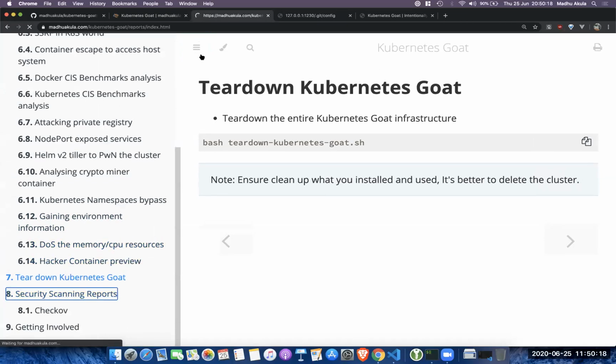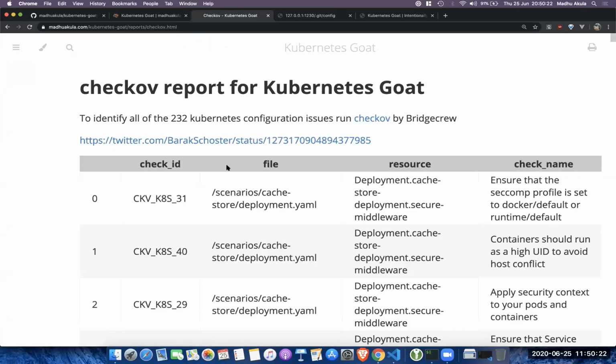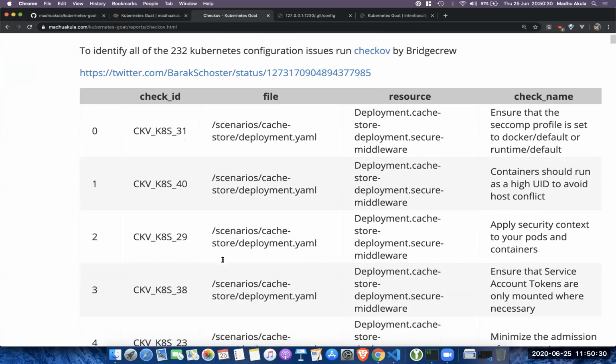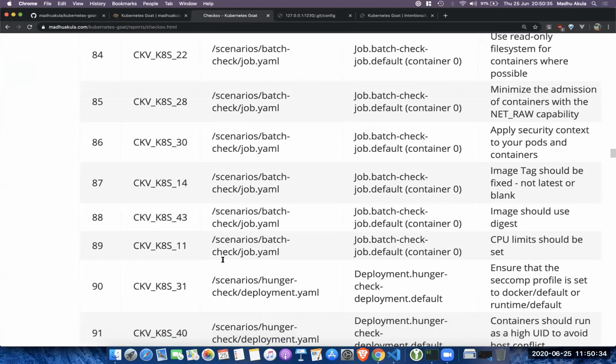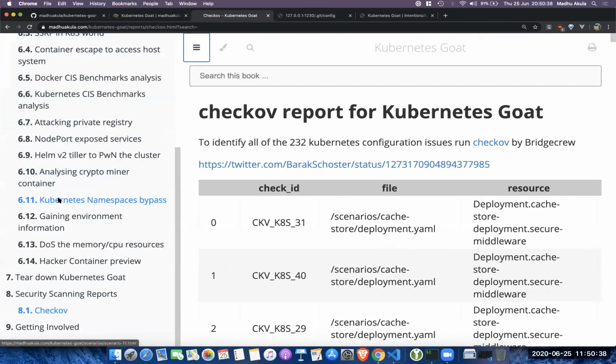I have also put the report from Checkov by the Bridgecrew people. They have scanned the Kubernetes manifests which are used to deploy this entire Kubernetes Goat, because it has intentional vulnerabilities. These are some of the vulnerabilities they have come up with, which are intentionally available in the manifests, right? It's pretty interesting to see.